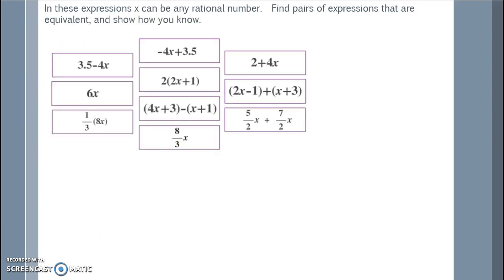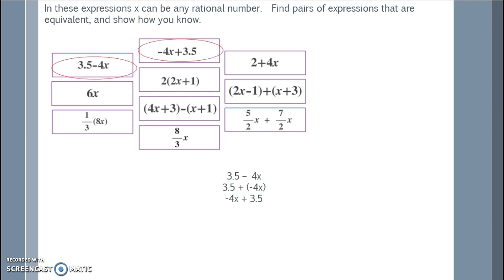In these expressions, x can be any rational number. Find pairs of expressions that are equivalent and show how you know. I know that you know how to use the distributive property, and I'm going to show you some things that may or may not be comfortable for you. So be patient as we go through these. It's not a traditional way that you may have seen in the past, but it is a way that 7th graders are reasoning, and so it's important that we know how to reason with them